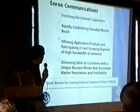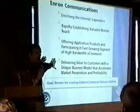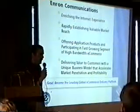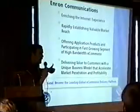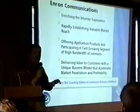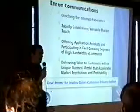Okay. Before I get into the EIN specifically, I just want to go back. When you heard from Joe and Ken earlier on strategy, you might have seen some of the slides that I'll use on the EIN, although I'll be talking about them from a different perspective. But quickly, I just wanted to flash this up, again, our strategic goal, because this very much influences what we're doing with EIN and how we're making trade-offs in terms of when we roll in the various types of EIN functionality. But basically, our goal is to become the leading